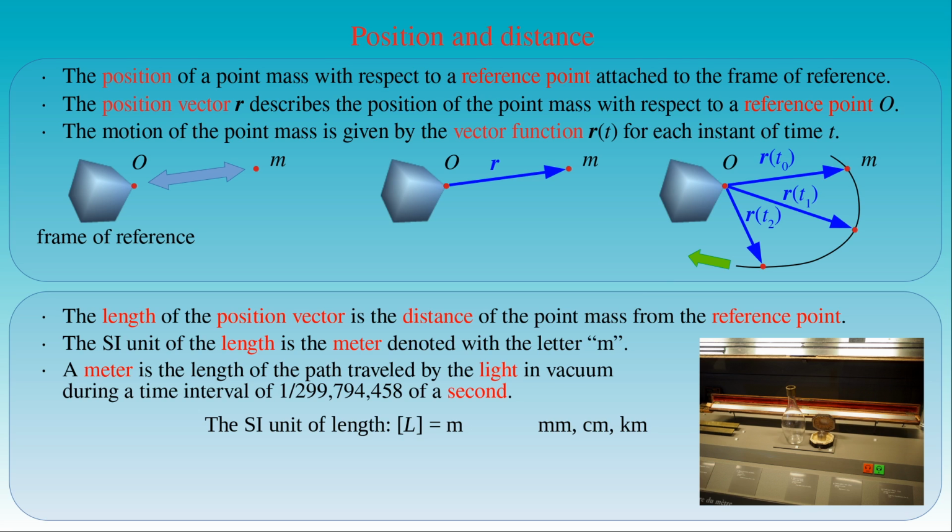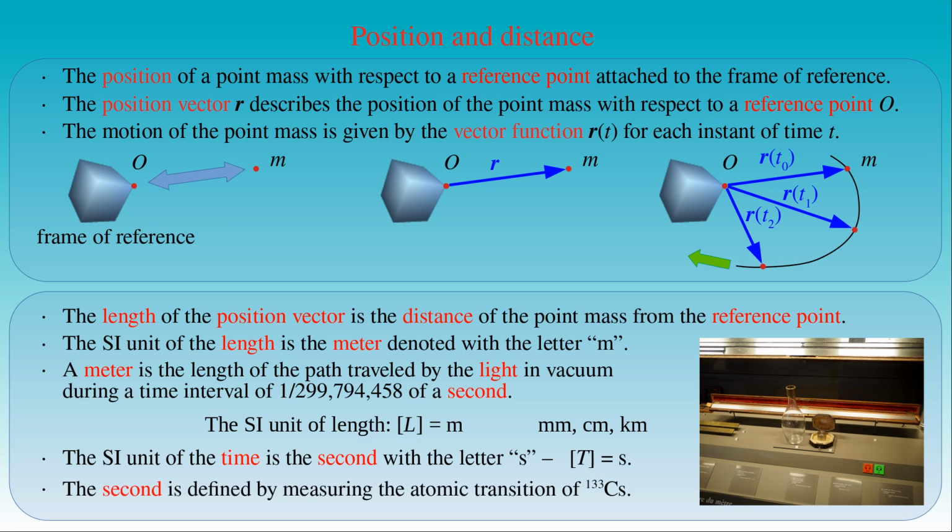The other important physical unit in kinematics is the unit of time, which we have already seen in the definition of the meter. The SI unit of time is the second, abbreviated with the letter s. The capital letter T denotes time as a physical quantity, and T in the angle brackets denotes the physical unit of time. The decimal submultiples of the second are also in usage, whereas the multiples of it, like the minute, hour and year, are not its decimal multiples but based on the clock and the calendar. The modern definition of the second is given as a fraction of the duration of a transition process between different states of the cesium-133 atom.